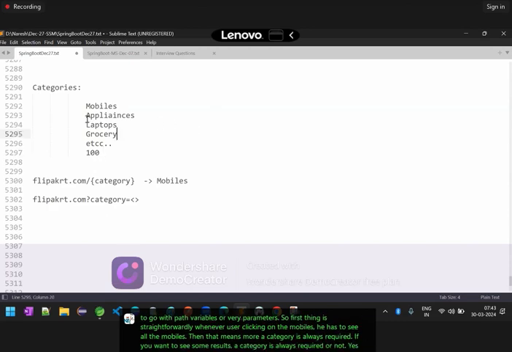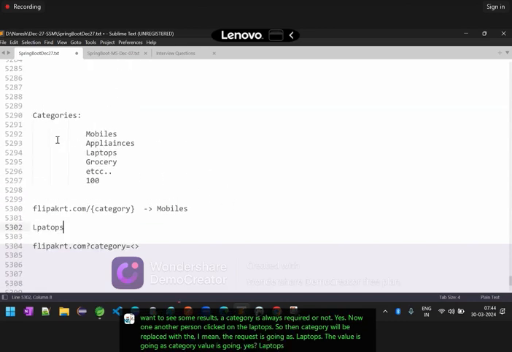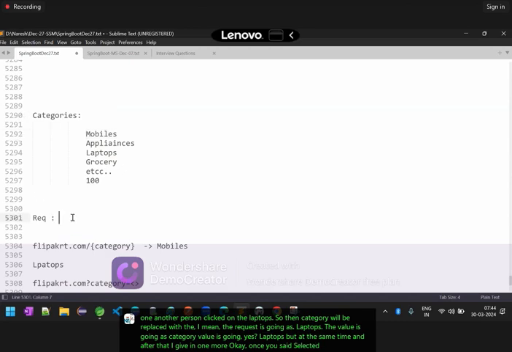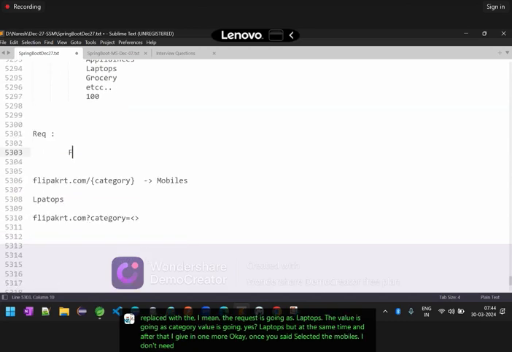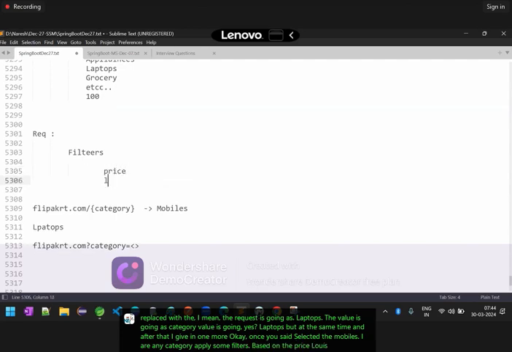Now another person clicked on laptops. Then the category will be replaced, and the request is going with the category value as laptops. But at the same time, I gave one more requirement. Once the user selected mobiles or any category, apply some filters based on the price,